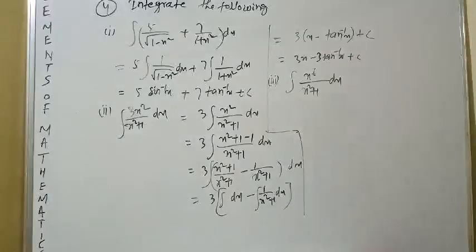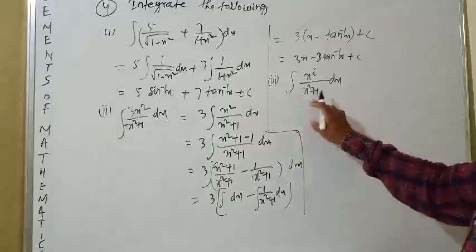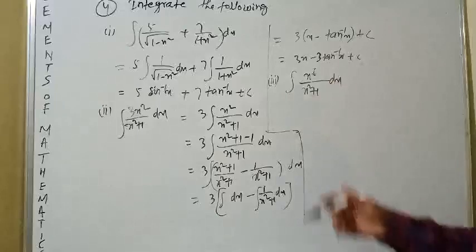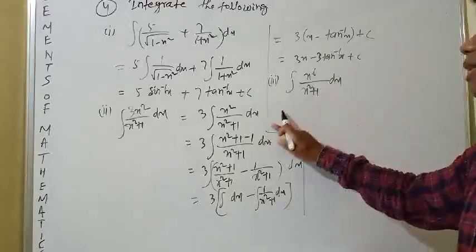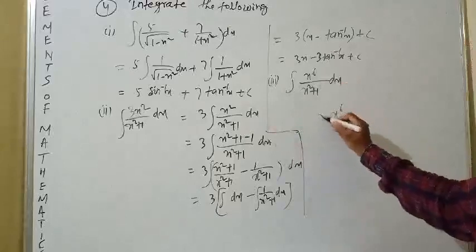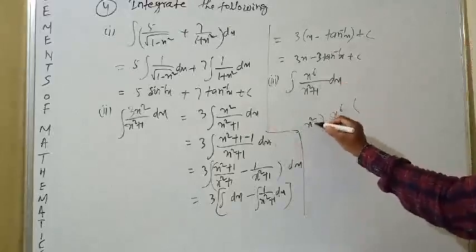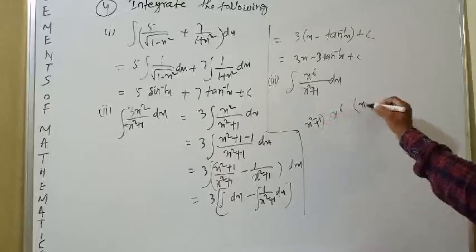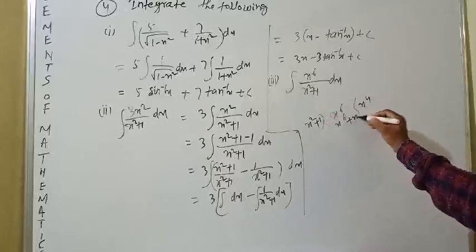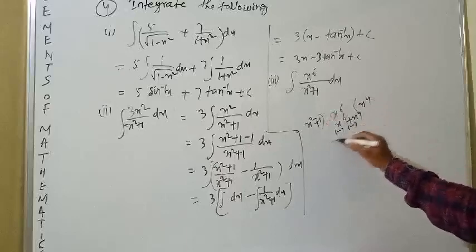In your next question, it is given integration of x square by x square plus 1. Suppose in the numerator the higher power is given and in the denominator the lower power is given. We have to divide it first. You see, x to x, you divide. This is x4, this is x6 plus x4 minus.